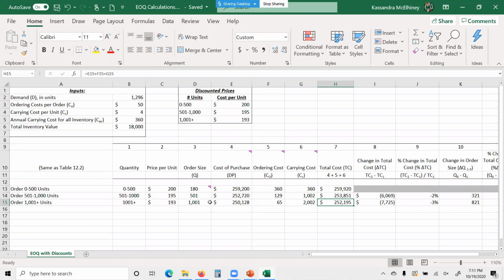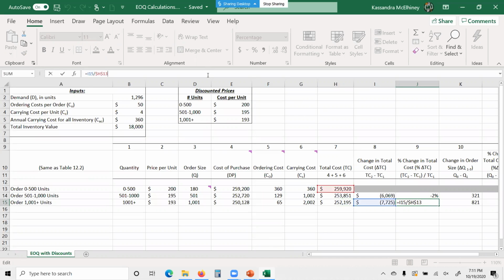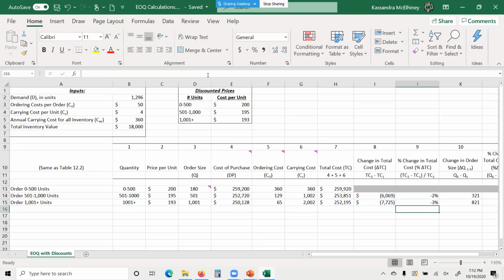And that's a percentage change in total cost: the change in total cost divided by the total cost of our economic order quantity, expressed as a percentage. So each one has a decrease, so there is a minus sign in front of there. Not so easy to see, but